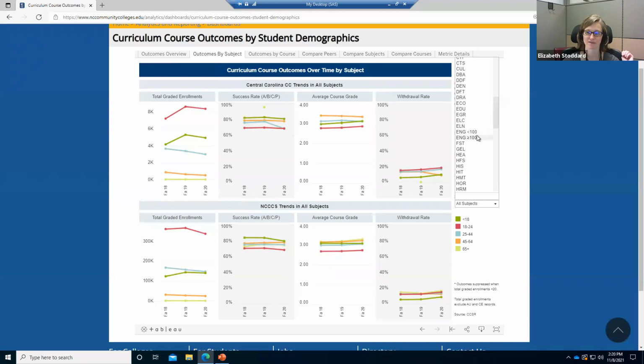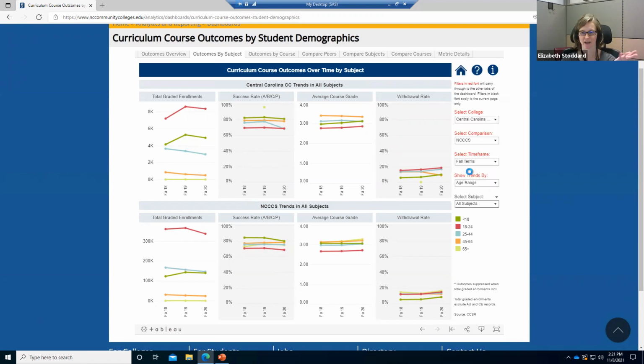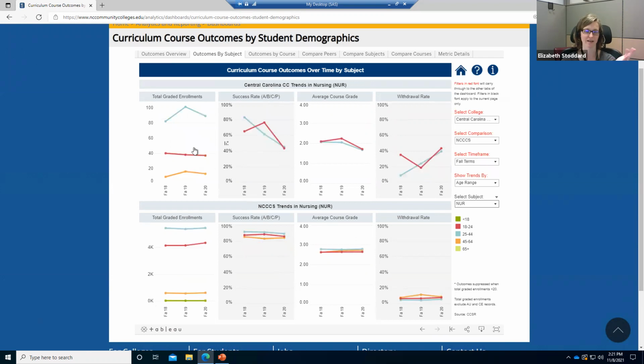You'll notice that we do differentiate developmental English versus college level English. College level is greater than or equal to 100. Developmental is less than 100. And we do the same thing for math. We have the developmental math versus the college level math here. And then you can just click on one of these. I'll click on nursing, and then you can see the trends in enrollments and success and withdrawals for that particular